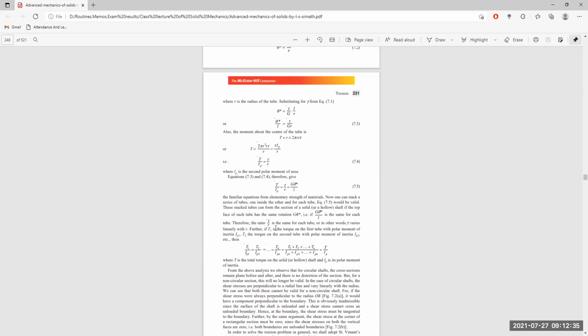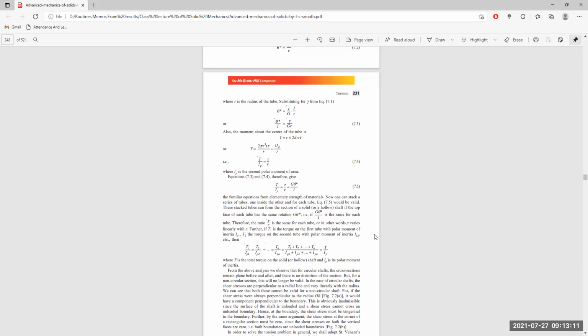These stacked tubes have something in common: their diameter varies, but the length is the same. The torque exerted over all of them is the same. Tau created over all of them is the same, and the total length of all these tubes is equal. But their radius is different, and thus the polar moment of inertia is different. They have different shares of the torsional force acting over them, because it depends on the radius of each of them.